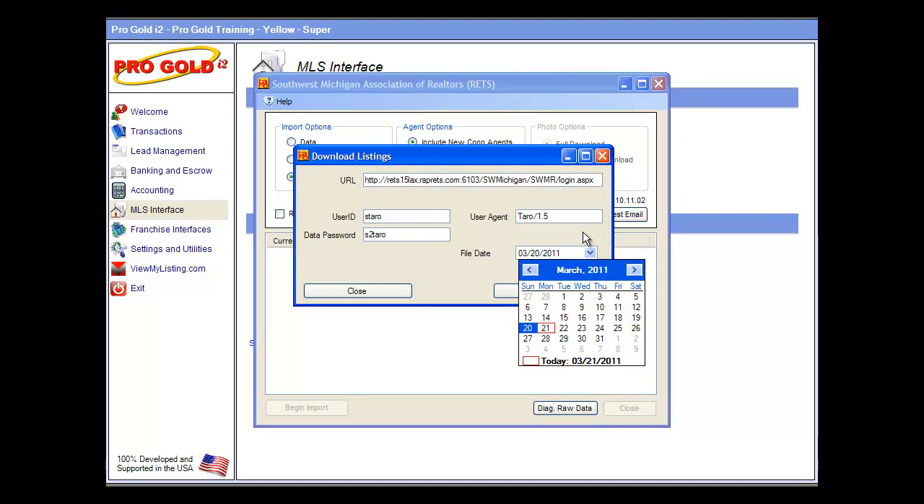If you haven't got your listings in there, you can backdate as far back as you need to go to get your listings in. Listings will not duplicate as long as you have your listing records in ProGold entered with the MLS ID. The import in that case will simply align itself to the record that's already in ProGold and bring in any